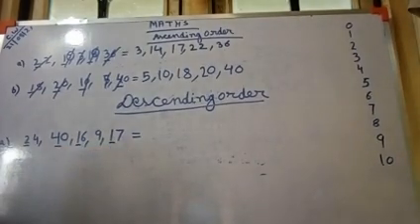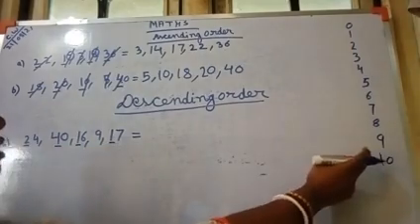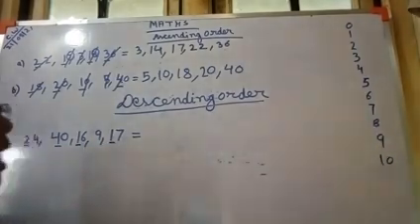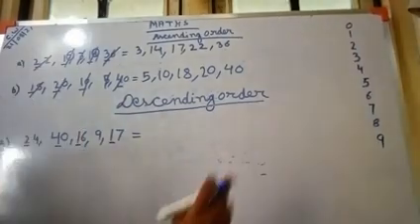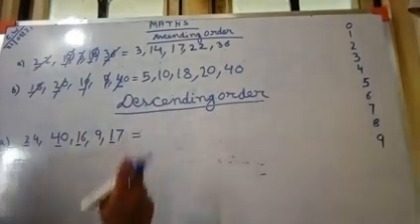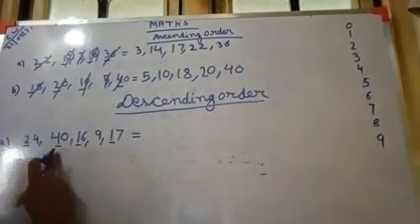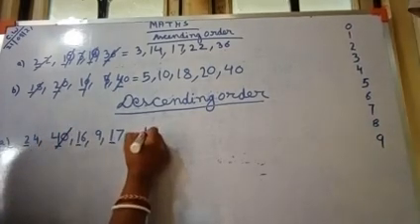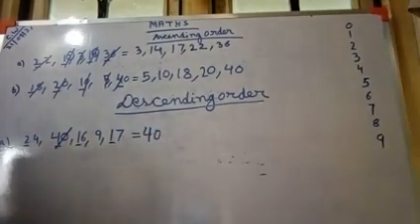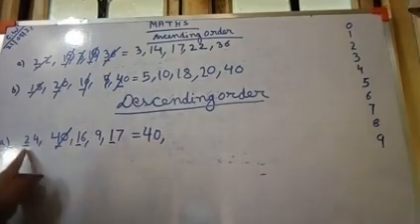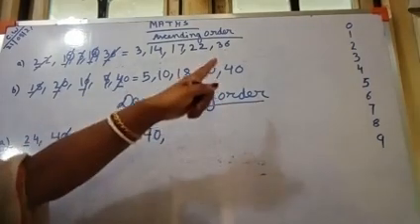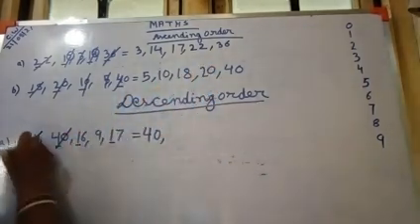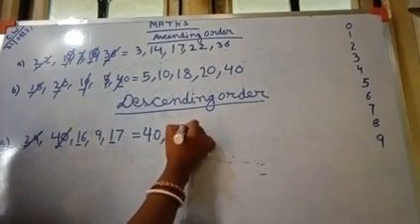Okay. When we are counting the numbers from back side, which number comes first? 10, 9, 8, 7, 6, 5, 4. So 4 is coming first. So 4, 0, 40 is the bigger number. Okay. After 40, you see here 2, 4, 24, when we are counting from the back, 2 will come first. So 24 is the next one.